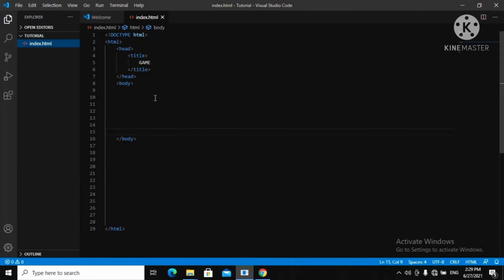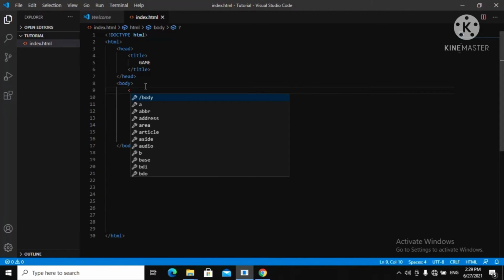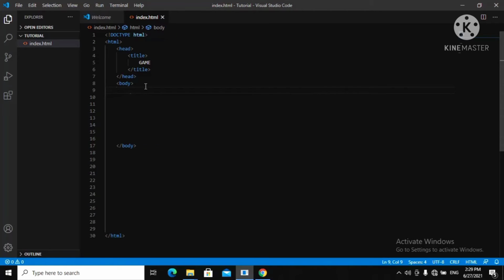So now, to get started writing things in our web page, we want to write a header. In every web page, you almost see all of them have a header. So let's give a header. To give a header, put your tag. It's an H1. Use H1. You can see the H1 has an opening tag and a closing tag. Now to put something inside this header, let's just say